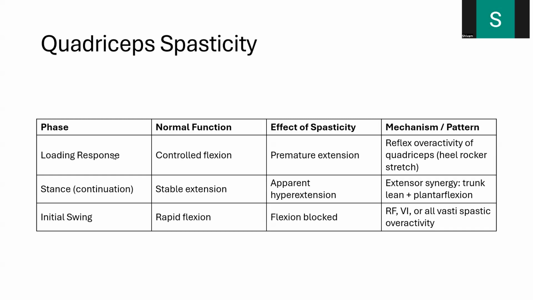Then again, in coming to initial swing, quadriceps spasticity may involve either rectus femoris, vastus, or vasti. So there are different patterns of quadriceps overactivity, which is either only in rectus femoris, or only in vastus intermedius, or in all vasti. So if only rectus femoris is overactive, rectus femoris will remain intensely overactive for too long, which blocks early swing knee flexion, and it often occurs